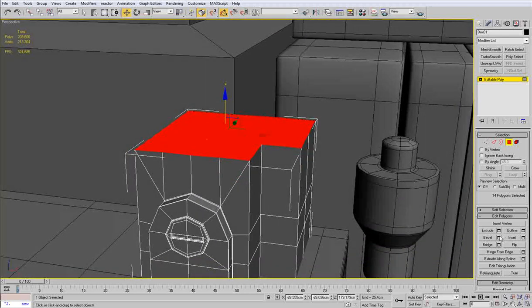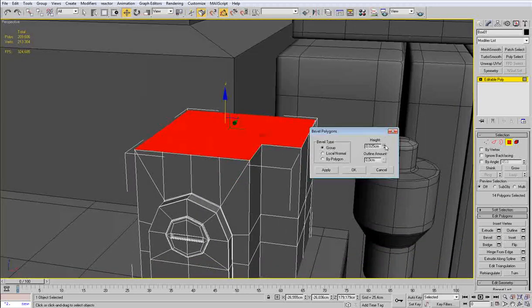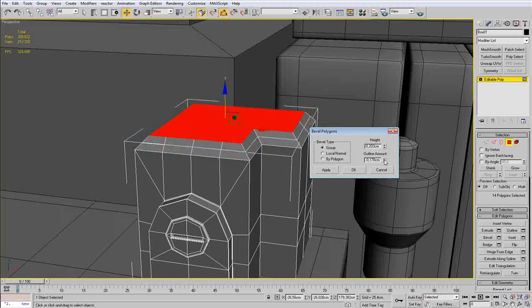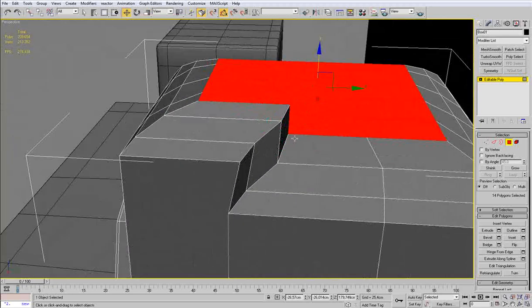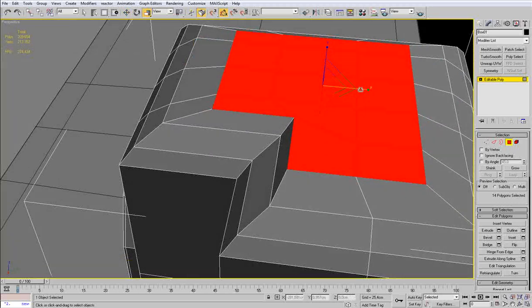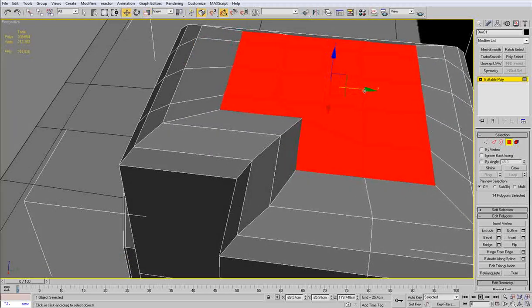So yeah, I've moved them by hand, and now I'm moving to the top part here, where I'm selecting all of these polygons, and maybe for the first or the second time in this series I am using the bevel, like so. Just give it some kind of a roof there,